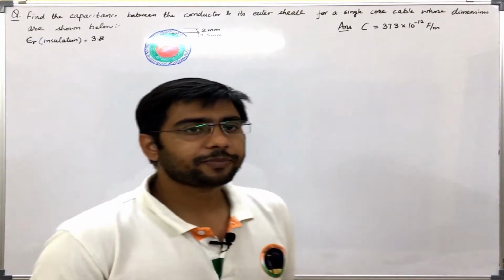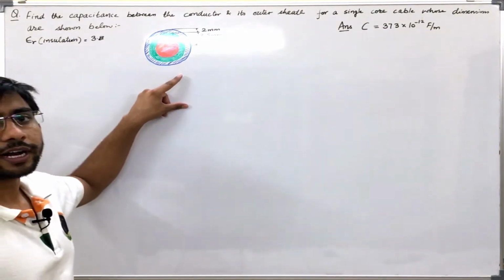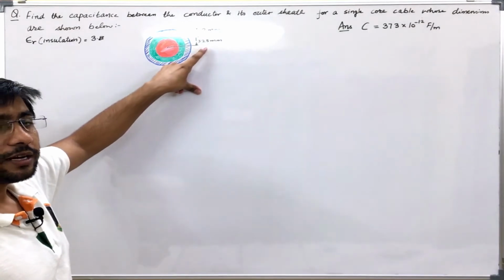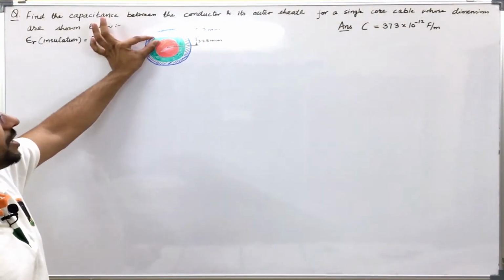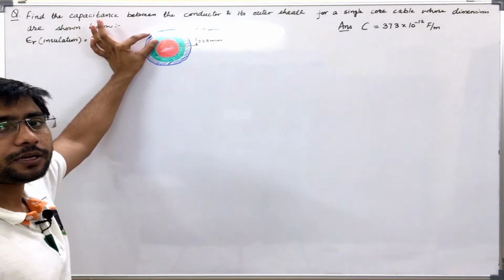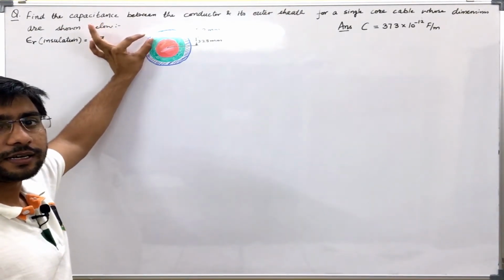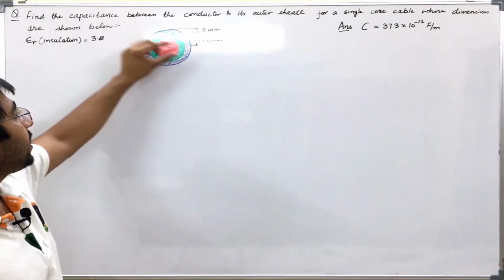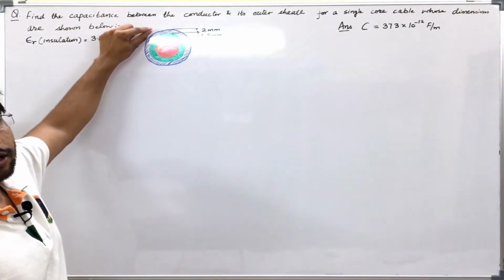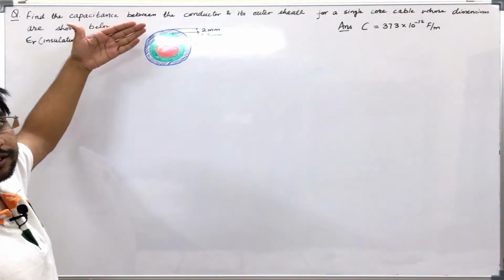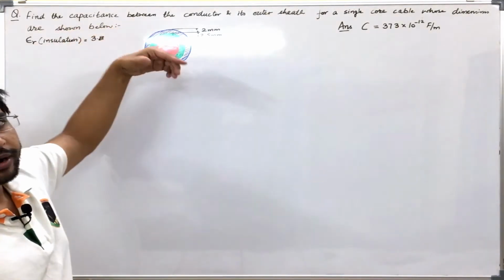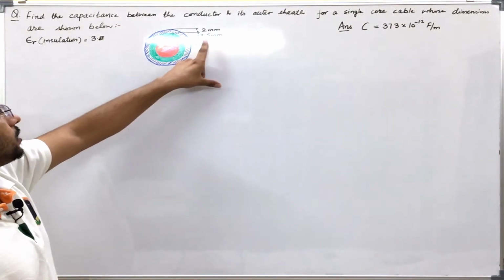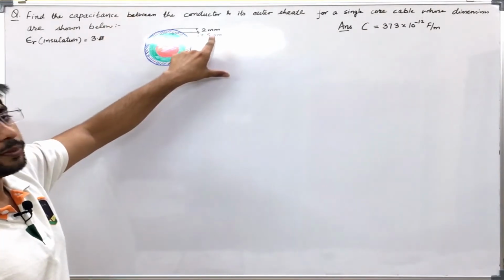Here in this example we are given a single core cable, with a conductor having a radius of 3.28 millimeter. This is the insulation. It can be either paper, XLPE or anything else which can act as an insulation. Its thickness is given as 2.5 millimeter, and the outer part is the outer covering or external sheath, over sheath, which can be made of lead, HDPE or something else for protection. Its thickness is given as 2 millimeter.